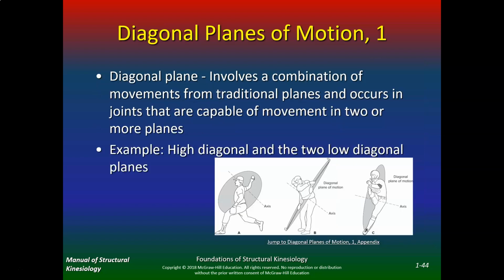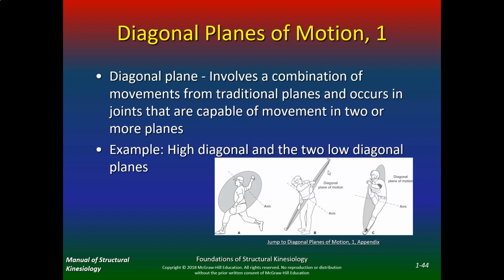Now, the diagonal plane involves a combination of movements from traditional planes and occurs in joints that are capable of movement in two or more planes. So diagonal movements will occur in the frontal plane, sagittal plane, and transverse plane, two or more movements. It can occur in all three planes. Here is an example of a high diagonal and the two low diagonal planes. If you look right here,